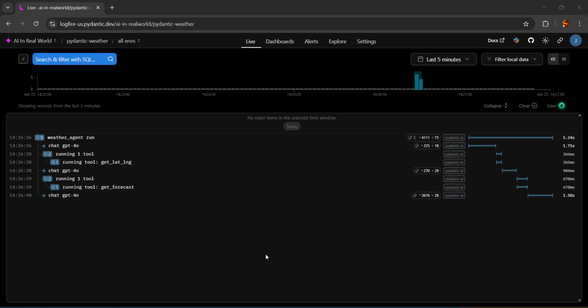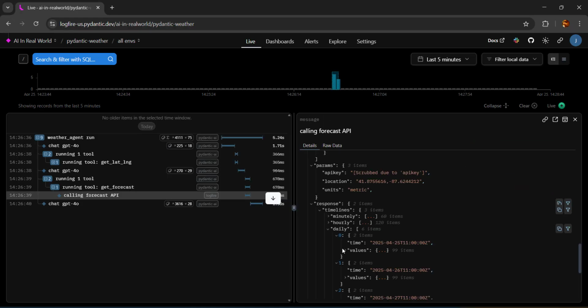Once you open the Logfire URL in your browser, you will see the detailed logs of the agent's execution. And this can be extremely helpful for debugging and understanding how the agent is making decisions. For example, this log shows you the exact query with parameters that was sent to the weather API. Here you can see the latitude and the longitude being passed and also the response that you received from the weather API. Information like this will be extremely helpful to debug issues with your API calls. And as your AI applications become complex in its interactions with tools and other agents, this type of observability with